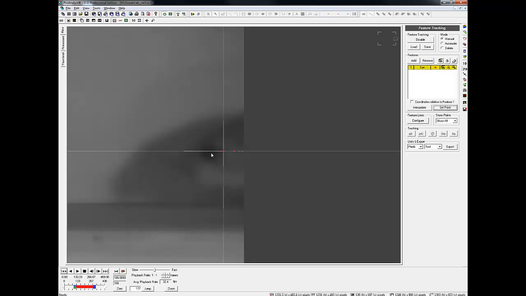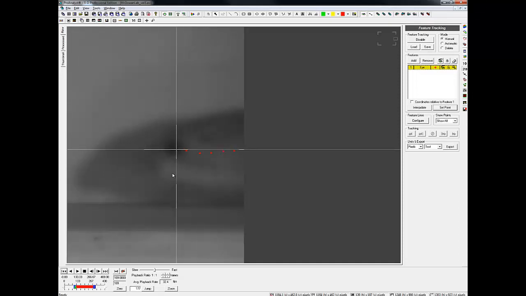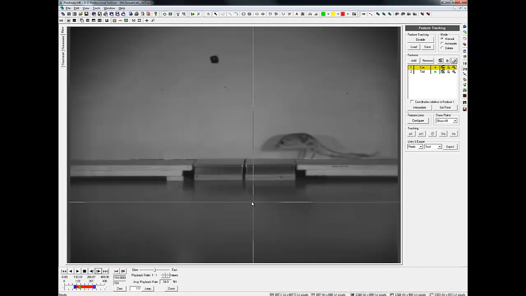Now we can set another point. And to save a little bit of time, what we can do is just put the reticle there, hold down the Control key, and right click, and it sets a point. So we can just do that, hold down the Control key, right click, and that saves us a little bit of time. Tracking every frame by hand can be a bit time consuming, so what we're going to use is